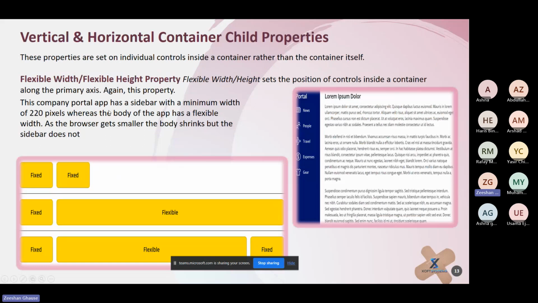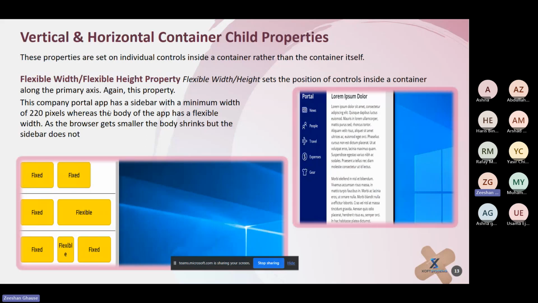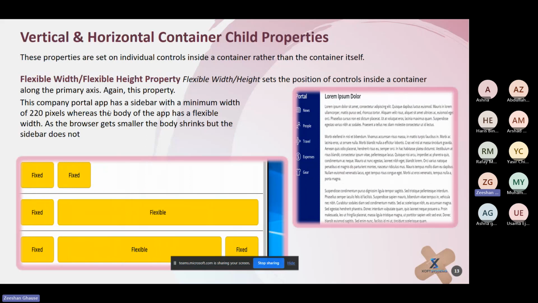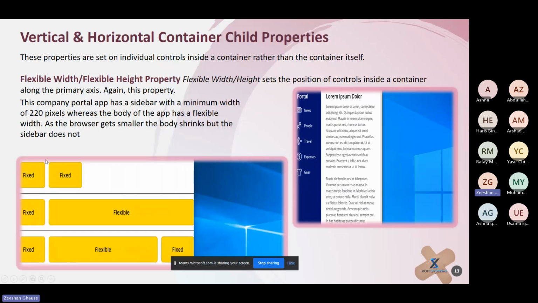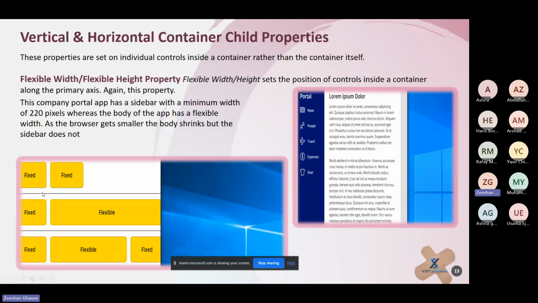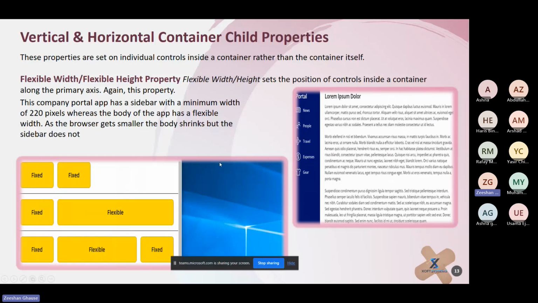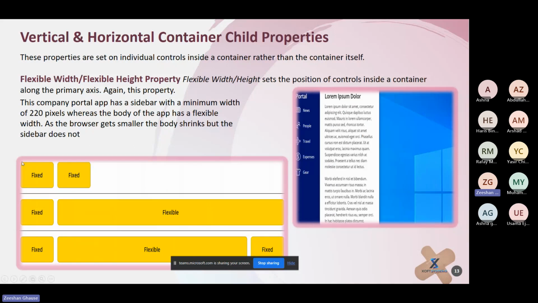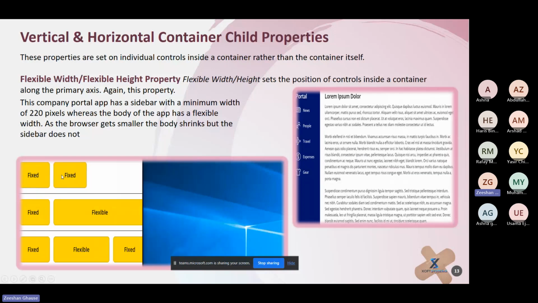So now let's talk about the vertical and horizontal container child properties. Previously, we talked about the container property itself, this boundary. Whatever we define at the higher top level, at the container level, will be reflected over its children. But remember,